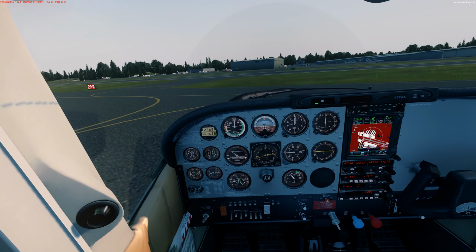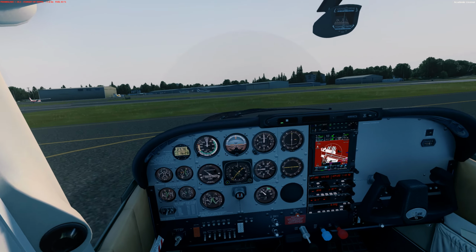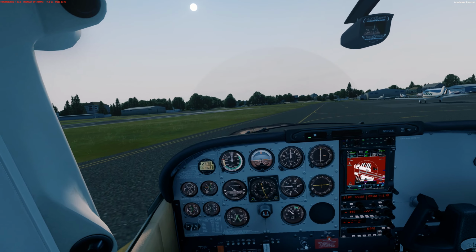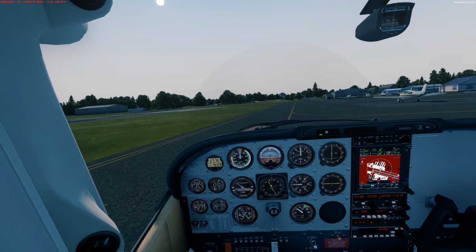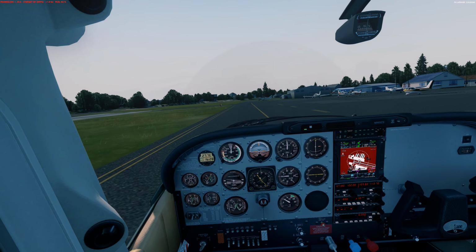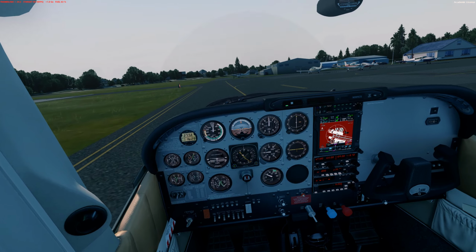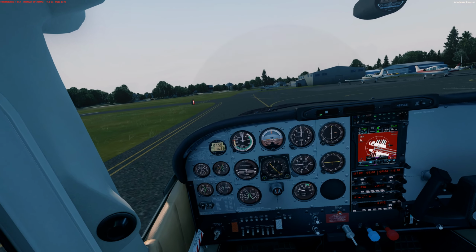We have fuel, beacon light on, the taxi light on. We have the route programmed. It's a very simple, straight route this time. There's an airspace en route that we have to watch out for, but we should be able to do that, I think. We'll take one notch of flaps here,